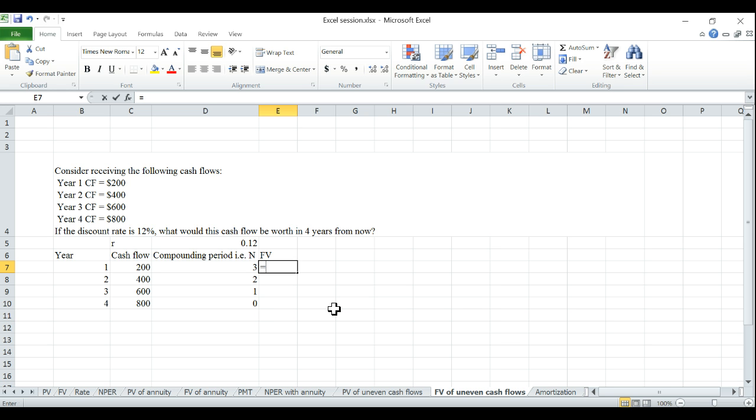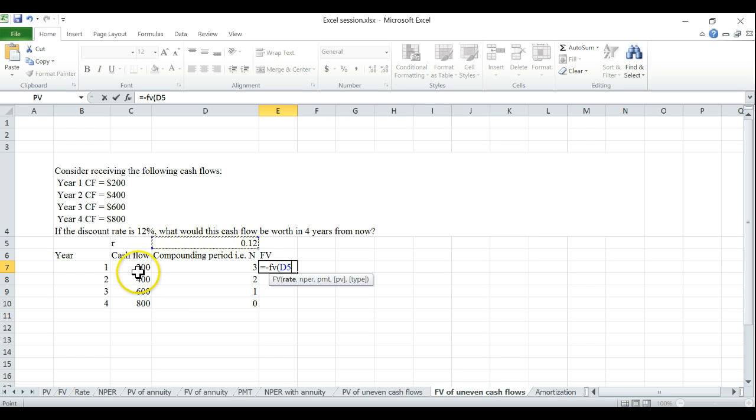So if we are receiving 200, and of course if you put in equals future value, the answer is negative. Let's say we want to make it positive on purpose. One way is that you could put a negative sign here, minus future value. So whatever the value is, change the sign of that. Sometimes we need to do it, just to understand, is the cash going out or coming in? This is saying it is coming in and we reinvested it. So even though these are positive cash flows, we are investing it back for the next 3 years, and then we are trying to see how much it will be worth later.